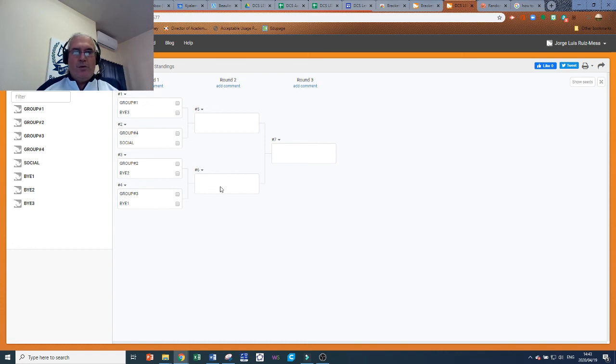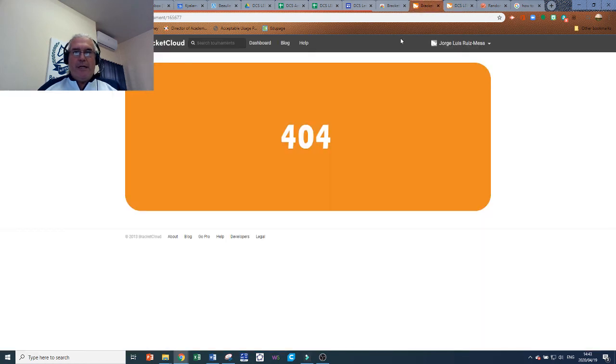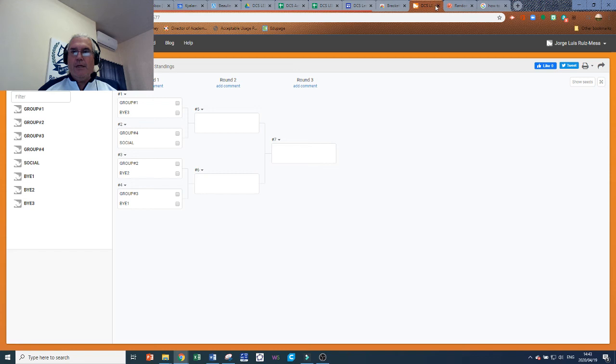So these are all the draws for the men's championships, from pairs all the way to fours actually. And then I'm going to go back to my dashboard now, so that I can create